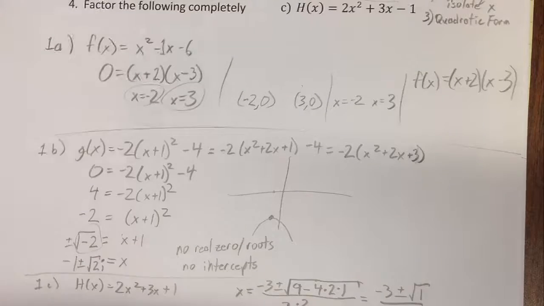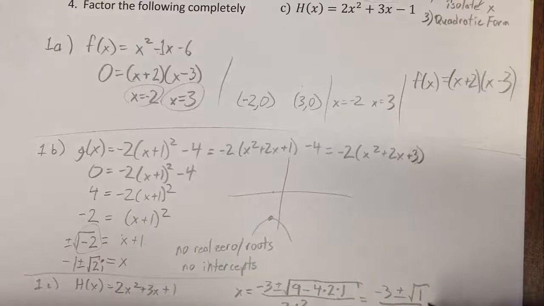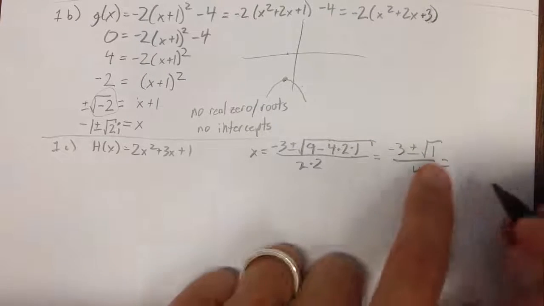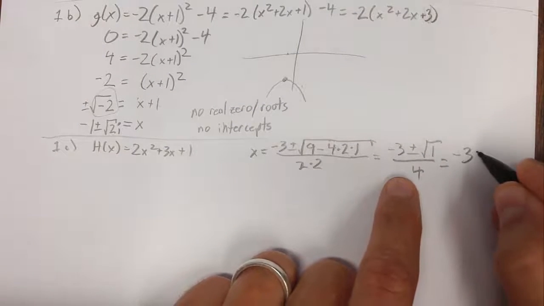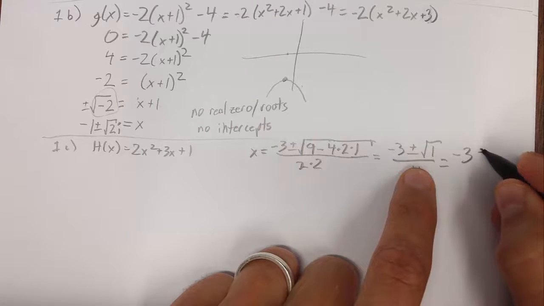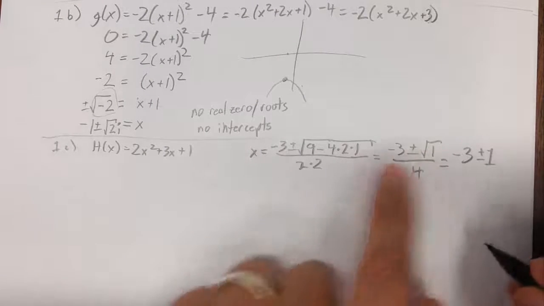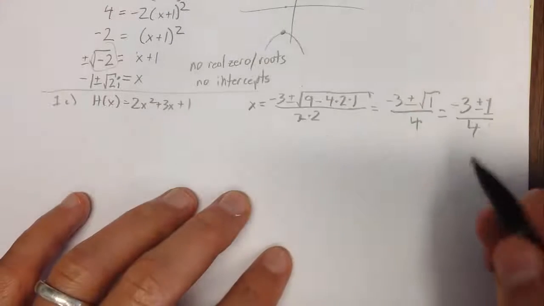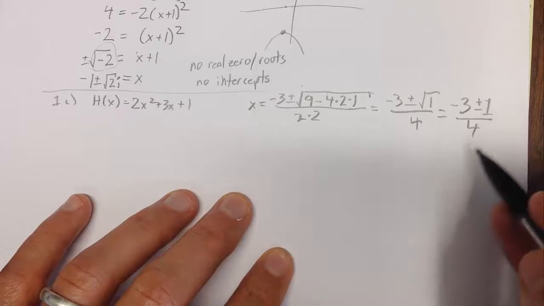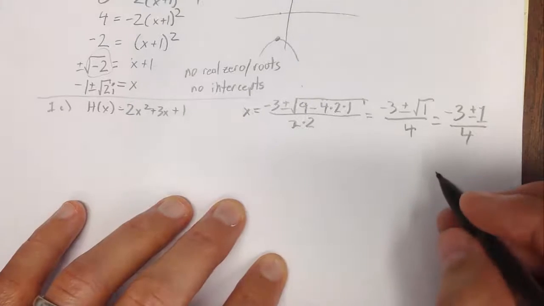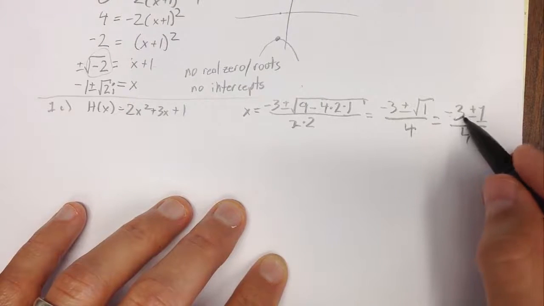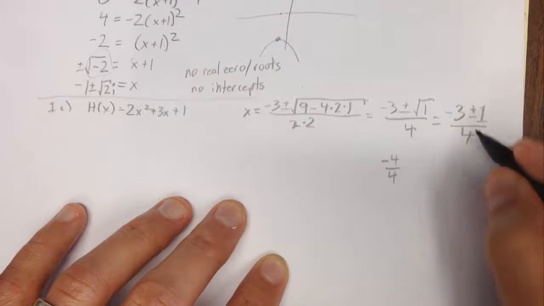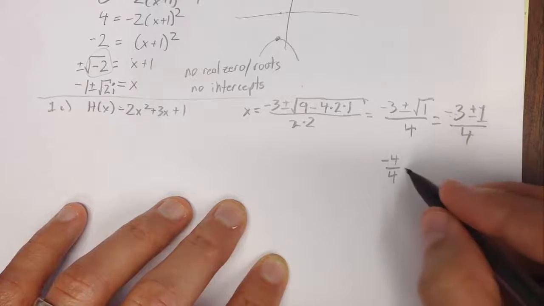over 4. Now, this might be a little deceptive because in my wonderful world here, the square root of 1, of course, comes out as an integer. There is absolutely no guarantee that that's going to come out as an integer, but it makes my problem a little easier, so perhaps you can see what I'm doing here. We have, let's see, -3, -1 is -4 over 4. -3 plus 1 is